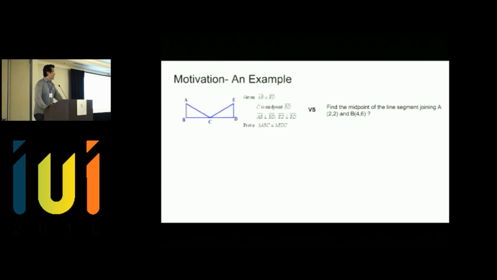Okay, so the idea is simple. If you look at these two problems from high school, K-12 education, you notice that on the left side are the state-of-the-art geometric theorem proving problems. However, on the right side, all the problems contain the same concept, a midpoint. However, this problem really wants to investigate if the student understands the quantitative information from the problem itself. So what I argue is the core difference between these two math geometry problems is that the left side is focused on the qualitative, and the right side is more focused on the quantitative.